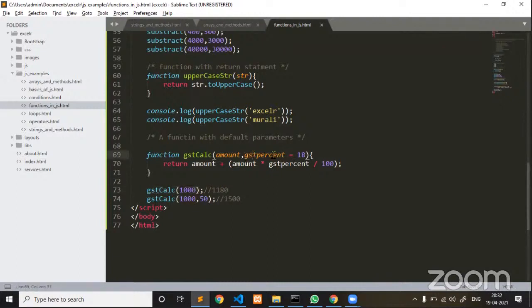Among the two, the second one is optional. It is mandatory, but it sounds like optional. Why? Because while calling, if you are not passing the second parameter value, it is considered as the default value, and the default value is going to be used in calculations. I hope you understand. Whereas when you are calling with 50, the second parameter is considered as GST percentage. Now 18 is overwritten with 50.